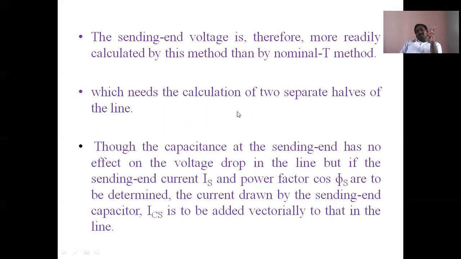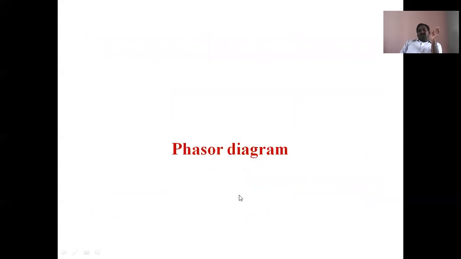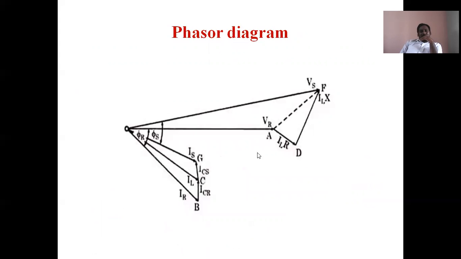Now we will see what I have said here. This is the phasor diagram. See here, my reference is VR. And what happened here? The drop is IL into R. This is the line drop. And IL into X, inductive reactance. Finally, the sending end voltage Vs is equal to IL into R plus IL into X plus VR, where IL into R plus IL into X is the drop across the line. So that's why VR plus IL into Z, R plus jX. This is Z here. Is it? IL into R plus j into IL into X plus VR.